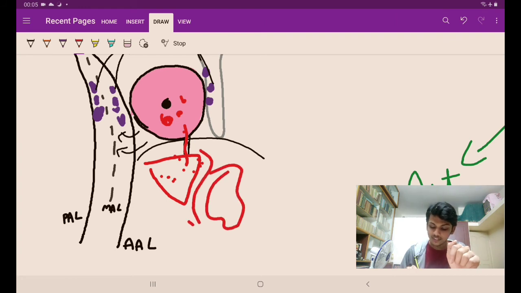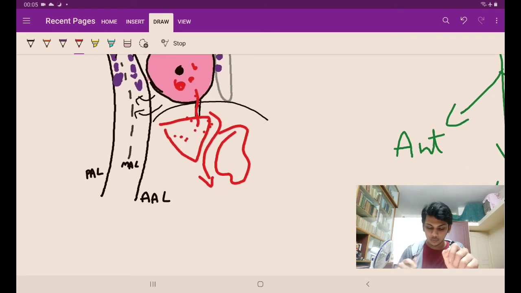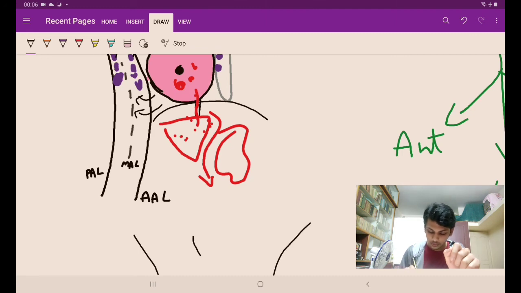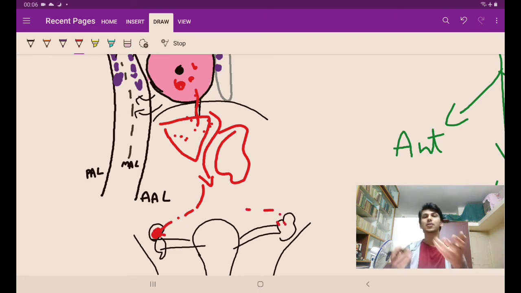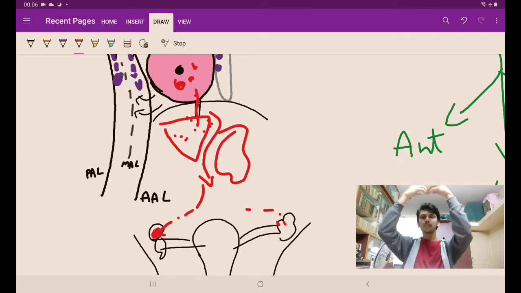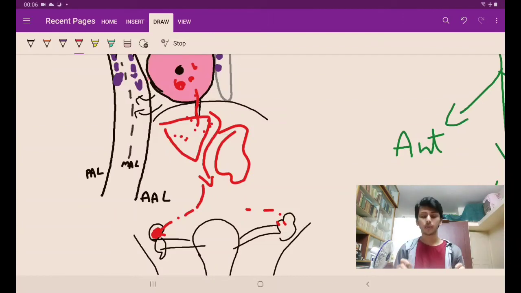Then something very special happens, guys. That was the abdomen, but there is the pelvis here. In the pelvis there is an important organ in females. This is the ovary. The uterus and ovary are there. Sometimes this cancerous tissue can go and lodge in the ovary. So if it goes and lodges, why will it go there? Because most of the time we are standing or sitting. So the cancer cell basically falls down and lands on the ovary. So that causes Krukenberg tumor. Okay, that is one of the most interesting. It's rare to happen, but dropping from top to bottom, that's interesting.